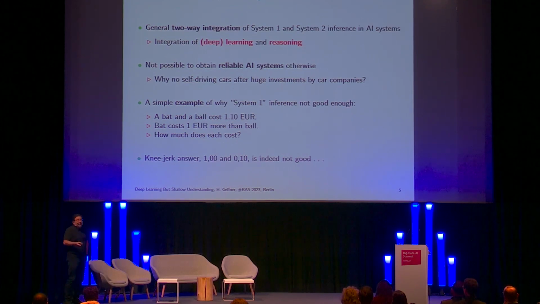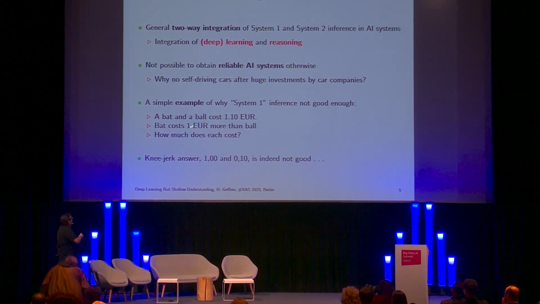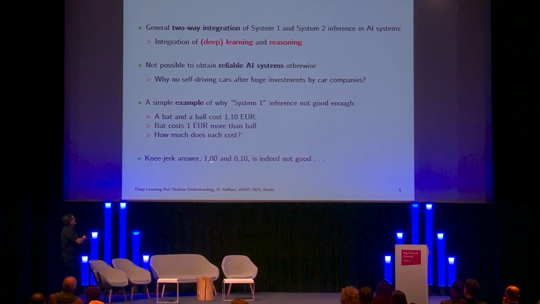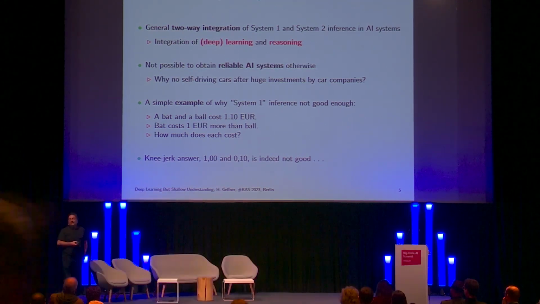One example that he gives I think is very intuitive. I tell you a problem. A bat and a ball together cost 1.10 euros. I tell you that the bat costs 1 euro more than the ball. How much do the bat and the ball cost? Normally we are pretty lazy when it comes to thinking. So when you see this, System 1 immediately triggers and gives you an answer: 1 euro and 10 cents. Indeed, 1 and 10 cents add up to this.